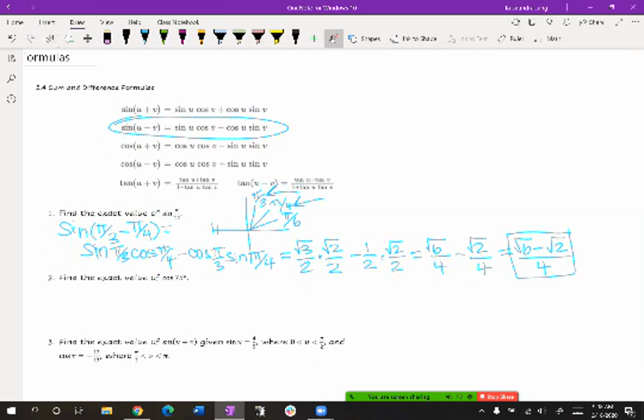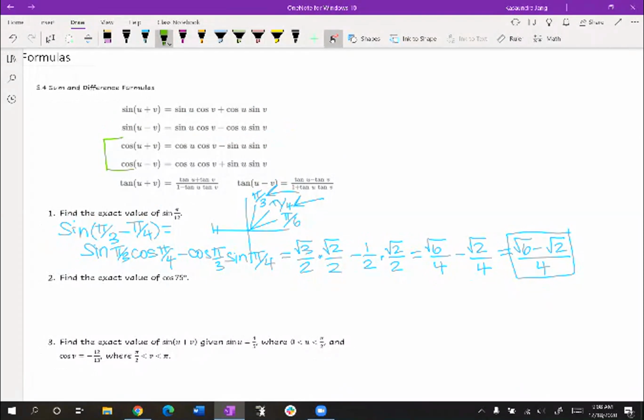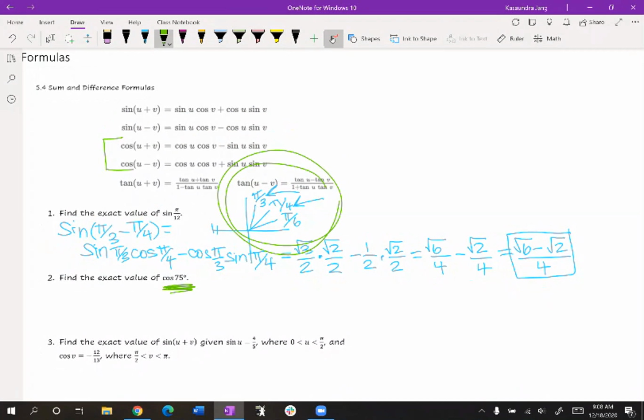Okay, so I'm going to move on to number 2, where you find the exact value of cosine this time. Cosine of 75 degrees, so it's got to be one of these two, either cosine of 2 angles added up or cosine of 2 angles subtracted, but I don't know what the cosine of 75 degrees was. Like the stuff that I memorized on my unit circle, none of it was 75 degrees. All right, so as far as those that I memorized, if